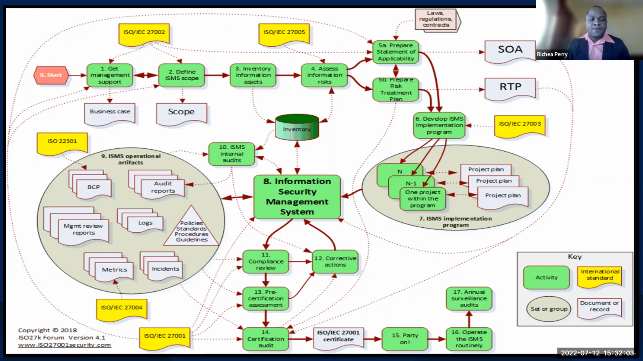And this is something that cannot be implemented in 1 month or 2 weeks. It depends on the nature of the organization. It can be a 1-year project. It can also extend beyond a 1-year project, depending on the nature and the volume of information within the organization. So once you have assessed the information risk, then you move on to prepare your statement of